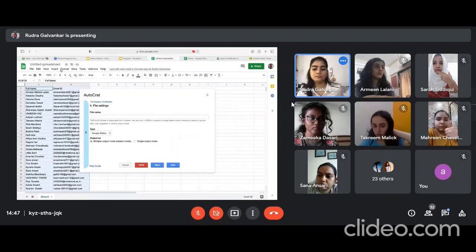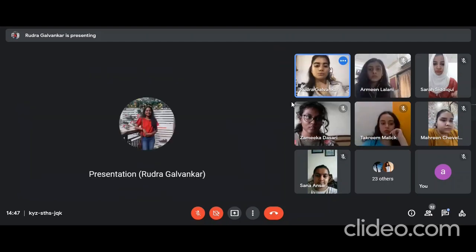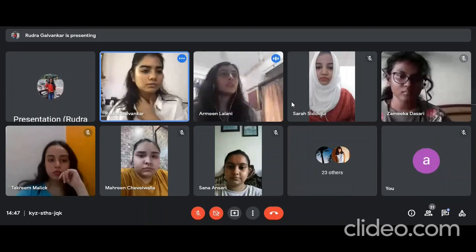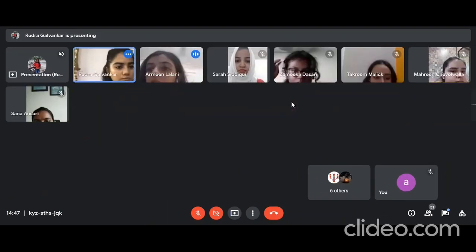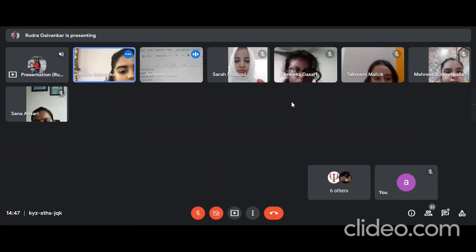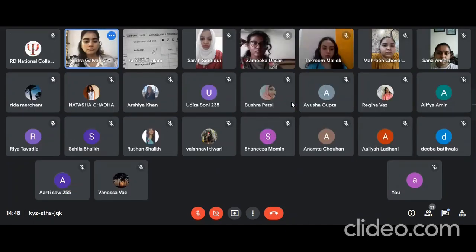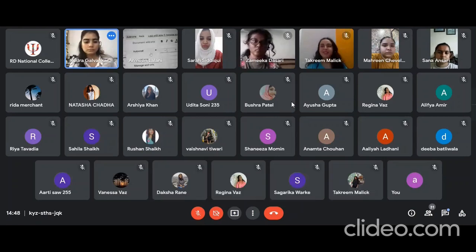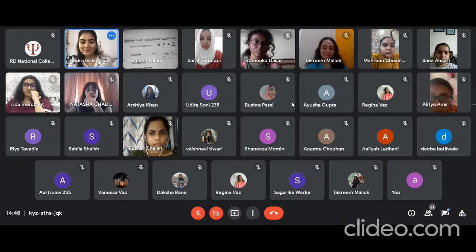Are y'all with me? Is it getting too confusing? No, y'all are confused. Okay, tell me which part y'all are confused at. So I downloaded AutoCAD, I installed AutoCAD, and now it shows this. So I go on add-ons, AutoCAD, launch it, and it shows help. Click help on it. Is this the problem with everyone? No. It's showing help to me.